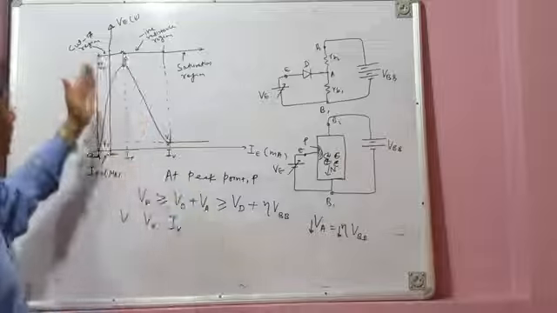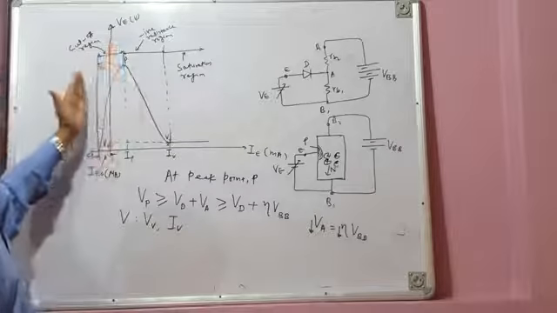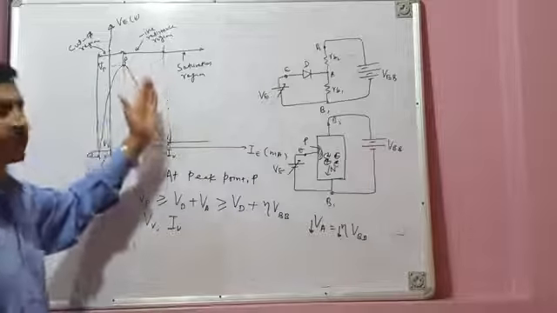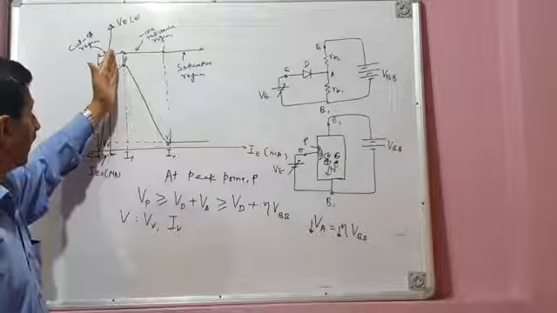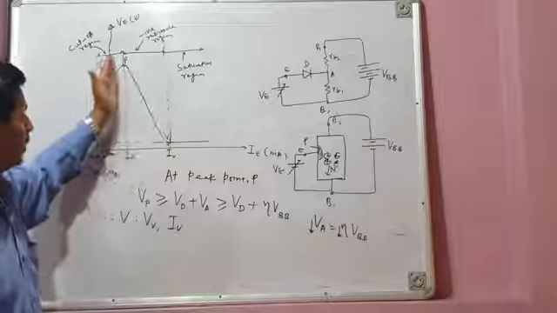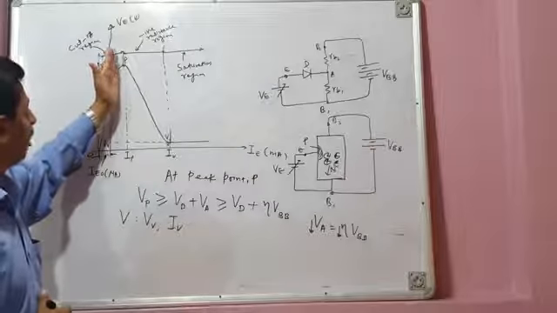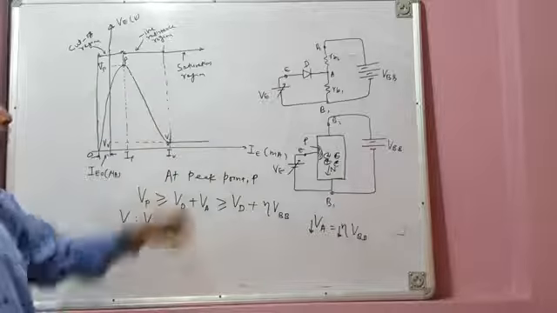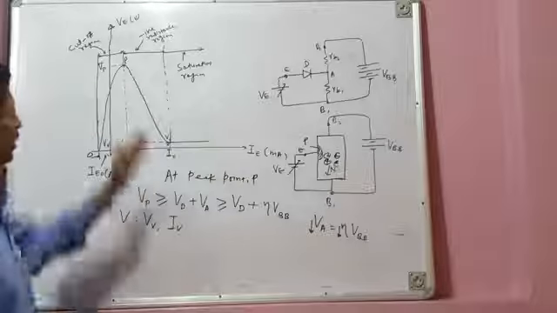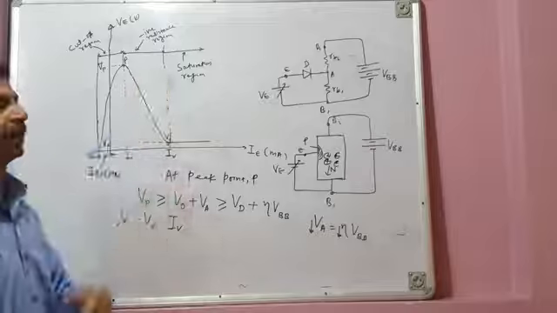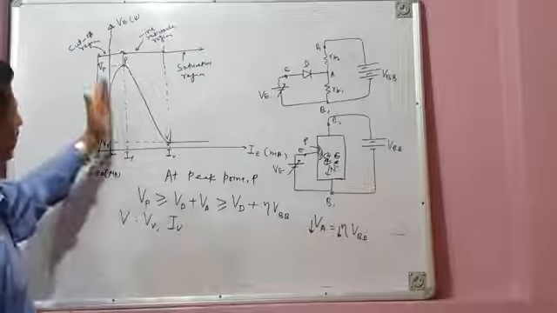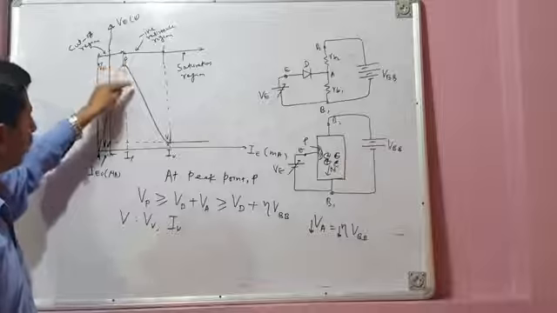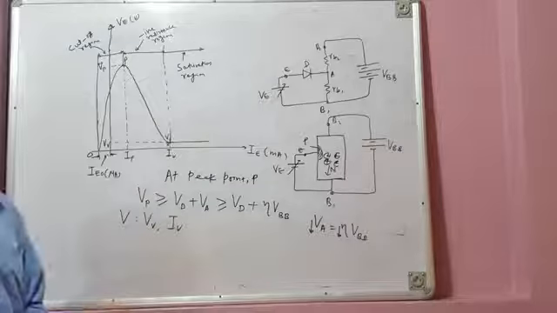In fact, it is the region from off state to on state. From O to P, the device is in the off state, and from P to V, it is a transient state. The device goes from off to on state. During this transient state, your UJT shows negative resistance characteristics. So the region from P to V is the negative resistance region, and in this region, the emitter current increases sharply and the voltage drop across the device sharply decreases.